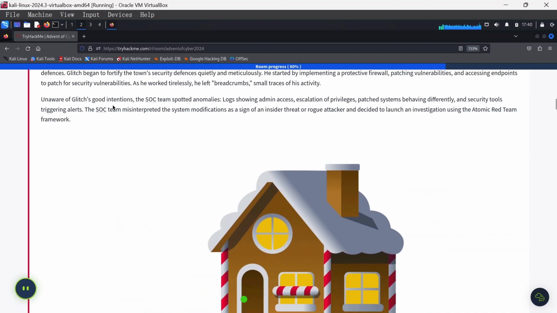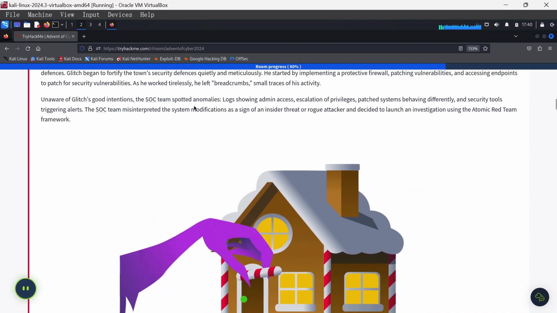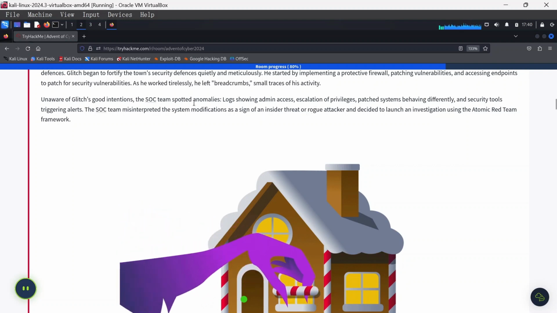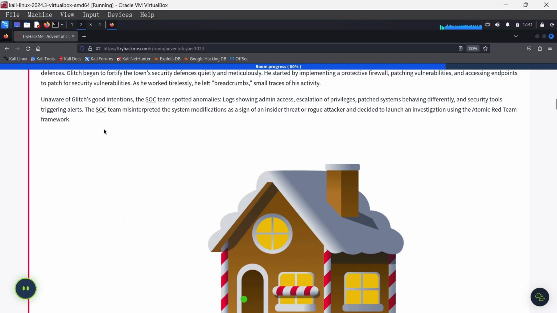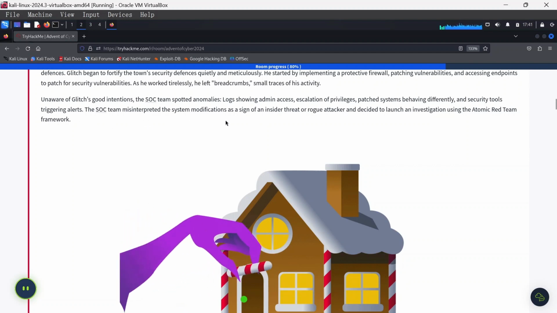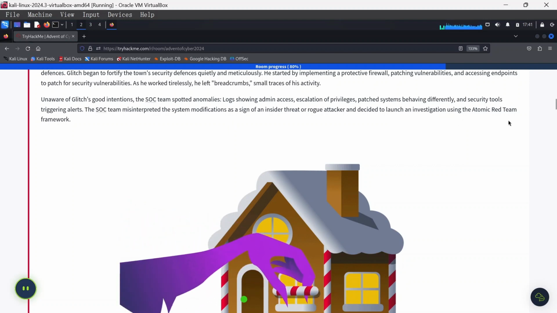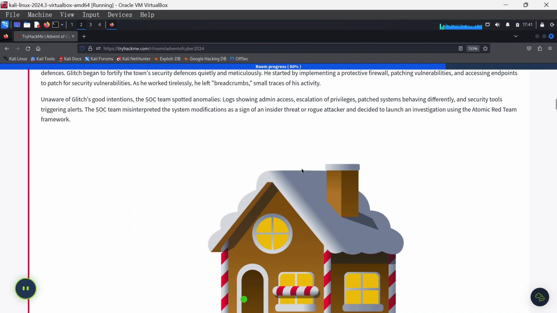Unaware of Glitch's good intention, the SOC team spotted anomalies. Logs showing admin access, escalation of privileges, different patch systems behaving differently, and security tools triggering alerts. So the SOC team misinterpreted the system modifications as a sign of an insider threat, or more like a rogue attacker coming in and doing things in the system. And then they decided to launch an investigation using the Atomic Red Team framework, which is what the whole day